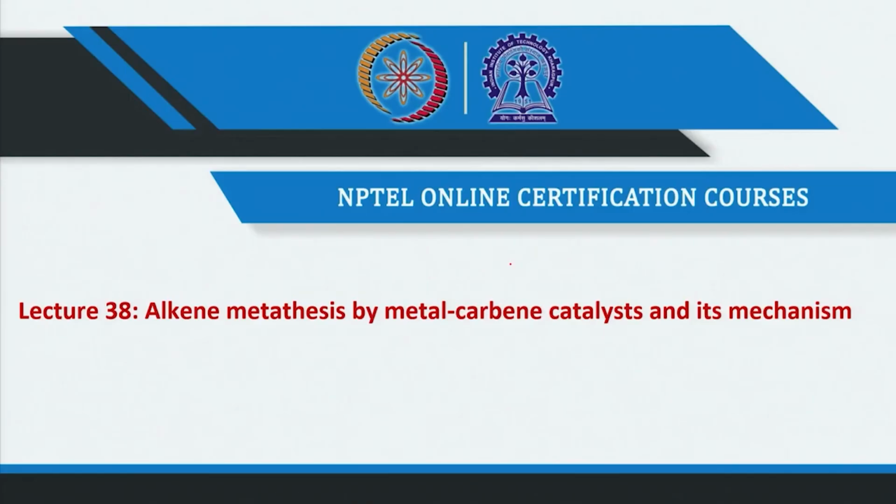We also discussed the types of metal carbene complexes, for example Fischer-carbene and Schrock-carbene, and the basic differences in structure, geometry, metal centers, as well as the ligands. And we have also discussed the various types of alkene metathesis reactions. Today we will concentrate on its versatility and the mechanism of alkene metathesis reactions.